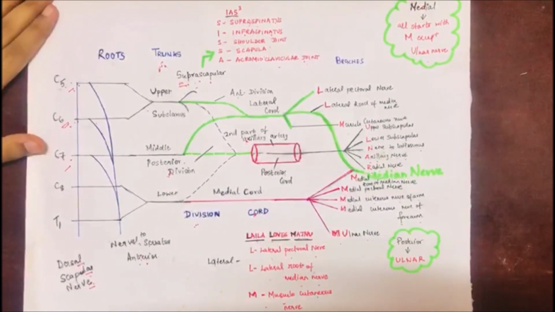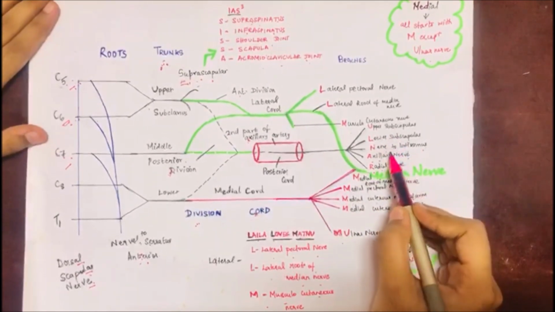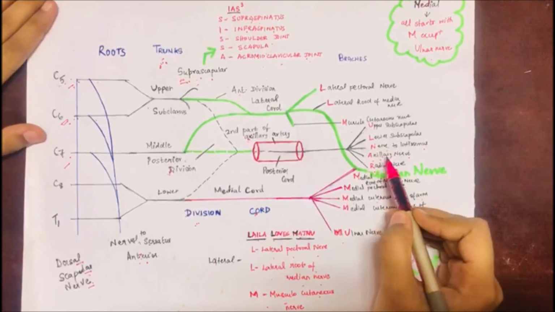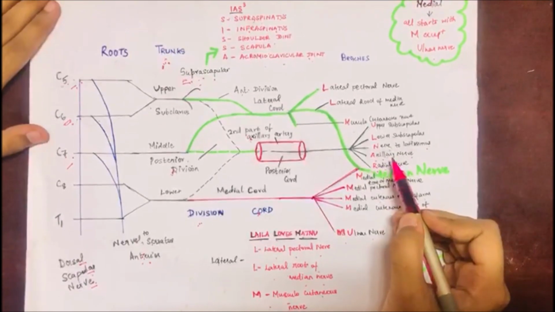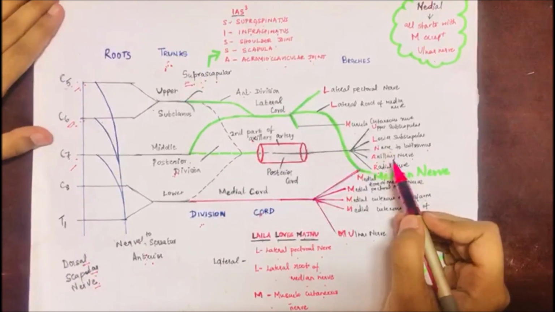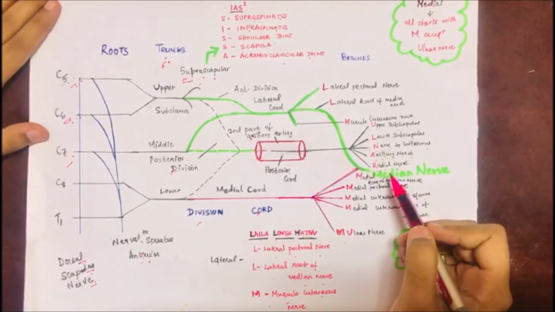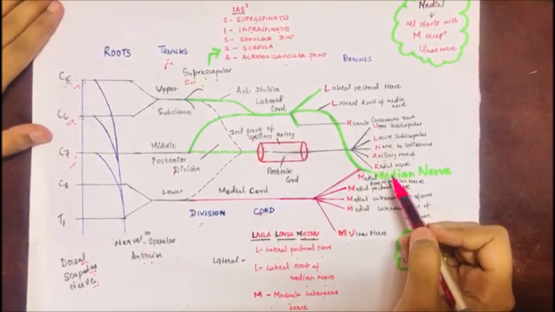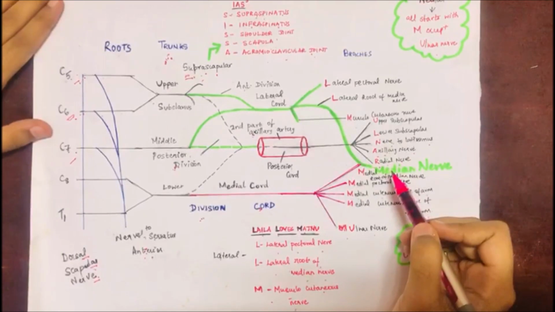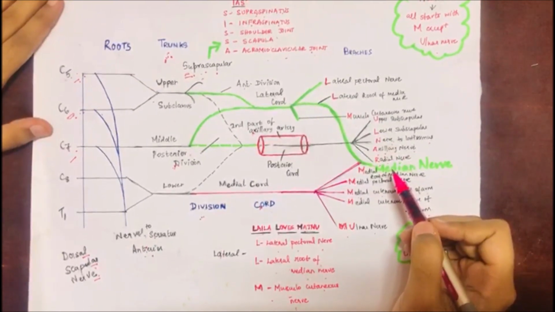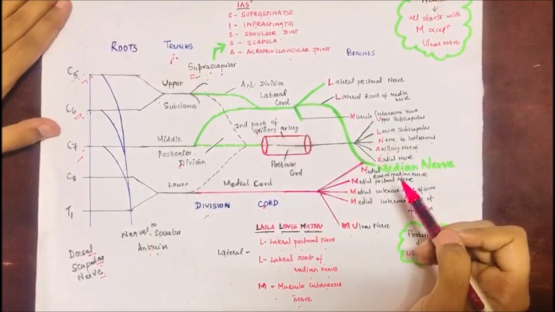The nerves affected in case of the posterior cord are the upper subscapular, lower subscapular, nerve to latissimus dorsi, and the axillary nerve. The muscles paralyzed in case of upper subscapular and lower subscapular are the subscapularis and teres major. For the nerve to latissimus dorsi, the muscle paralyzed is latissimus dorsi, and for the axillary nerve, the muscles paralyzed are deltoid and the teres minor. Remember the mnemonic Stewart loves drumstick, where S stands for subscapularis, T for teres major, L for latissimus dorsi, D for deltoid, and T for teres minor.